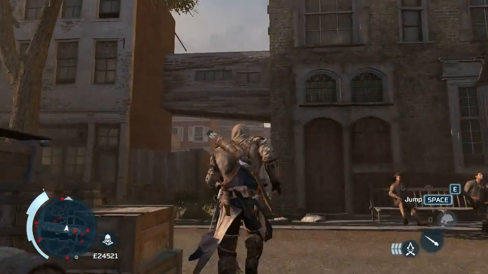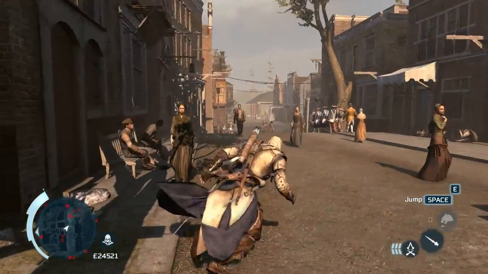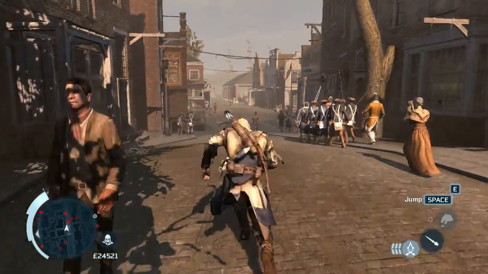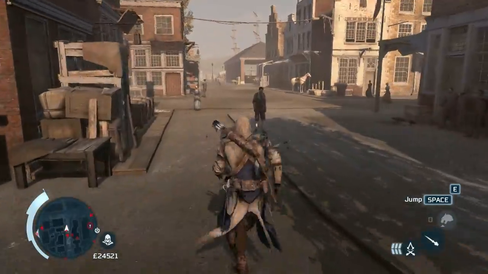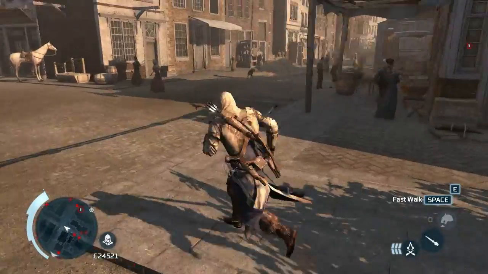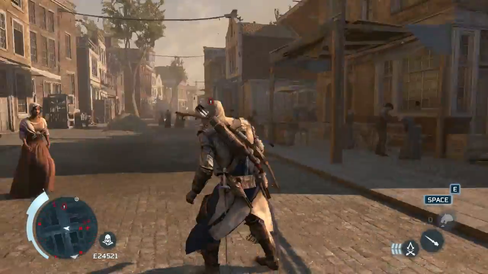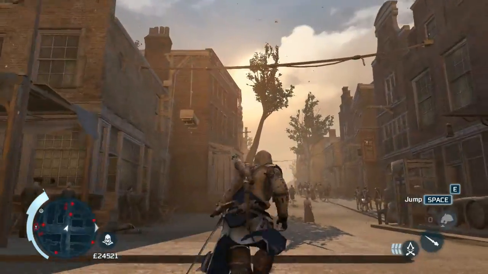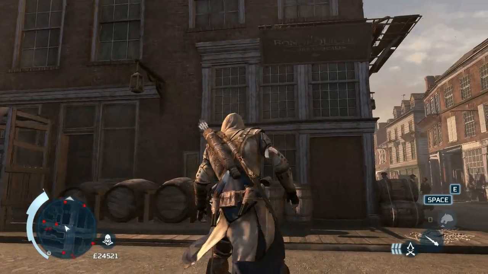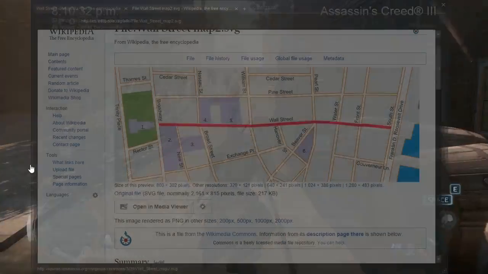That's interesting. What is that? There's like a bridge between the two buildings. Alright, so I guess this is Wall Street. We went from one end to the other. Kind of. Goes a bit further there. Alright, let's go read about it.